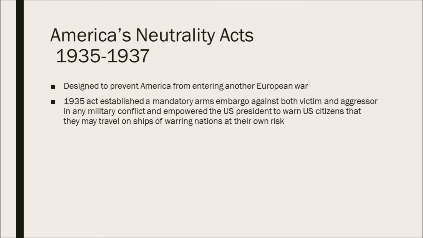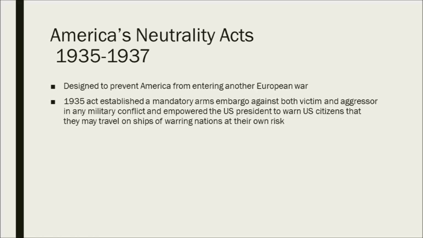So while Hitler has become Chancellor of Germany in 1933, we're going to see the United States sitting over here wondering what's all happening over in Europe. Well, we don't want another war. We really don't want another war. So before anything has really happened with Hitler, as in invading other countries or whatever, America is going to put into effect the Neutrality Acts.